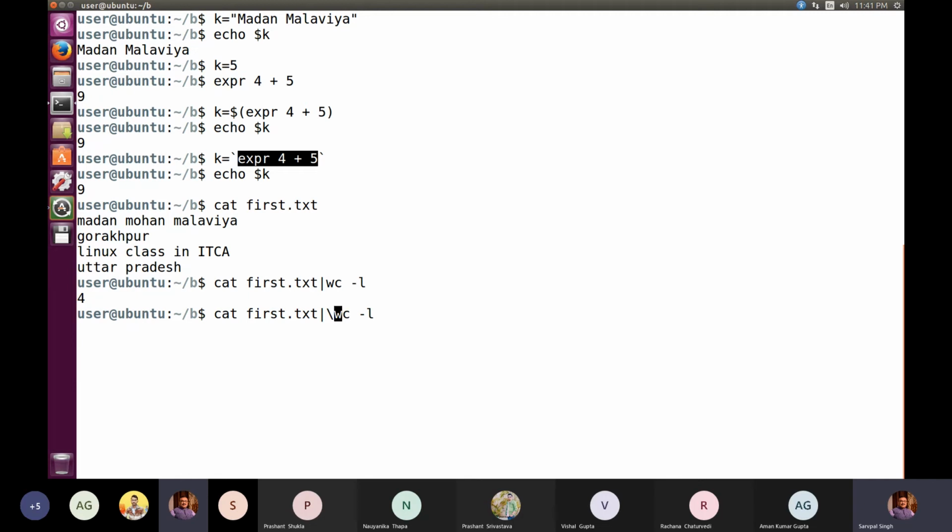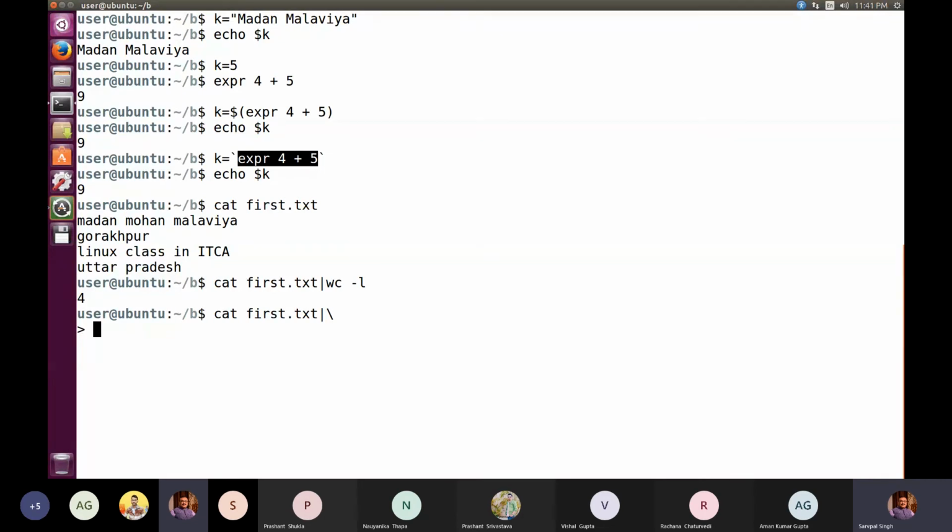When I do that and I press enter, I am getting a secondary prompt on the screen. That means Linux, the operating system, is still giving me the option of continuing the same sequence of commands. So my command line is still continued.